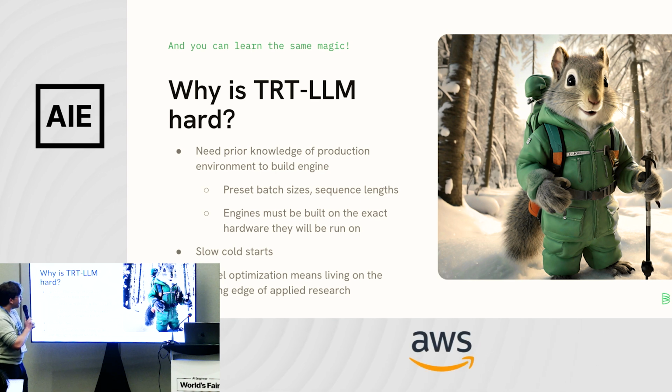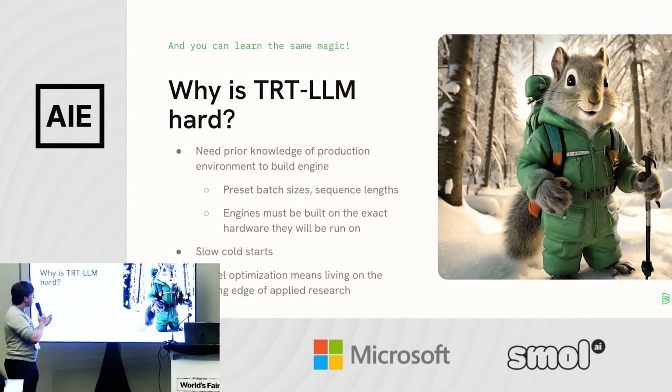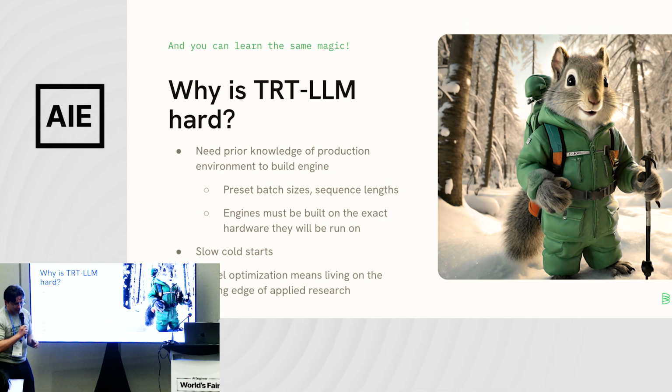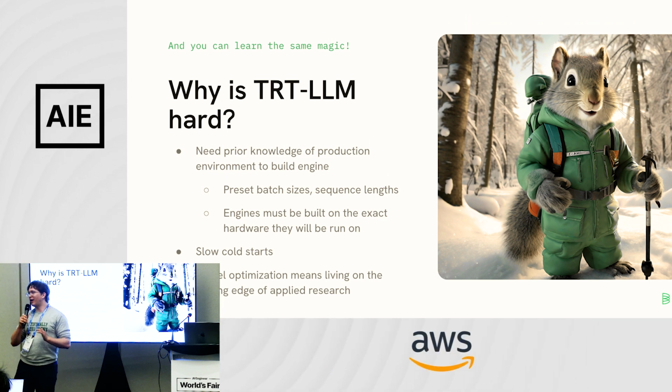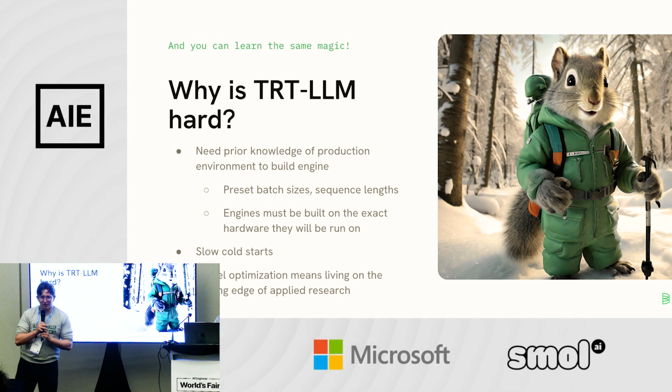There are a couple of things that make building with TensorRT-LLM really hard. When we enumerate the things that make it hard, that's how we know what we need to do to make it easy. The number one thing in my mind that makes it hard to optimize a model with TensorRT-LLM is that you need a ton of specific information about the production environment you're going to run in. I do a lot of sales enablement trainings, and I love a good metaphor, so I'm gonna walk you through one here. Apologies if metaphors aren't your thing.